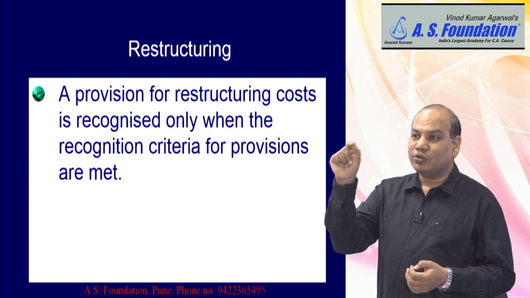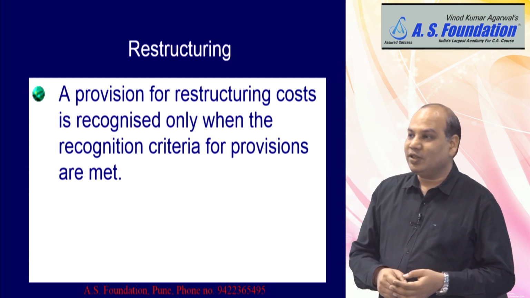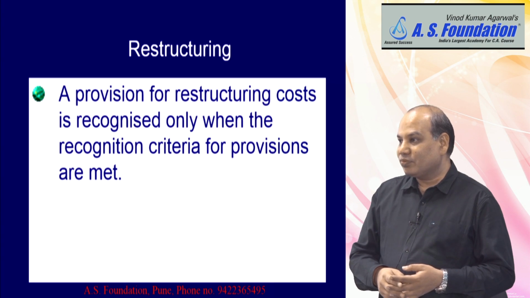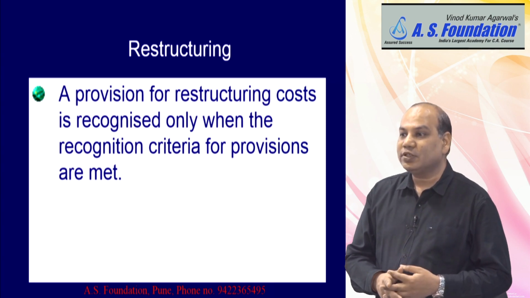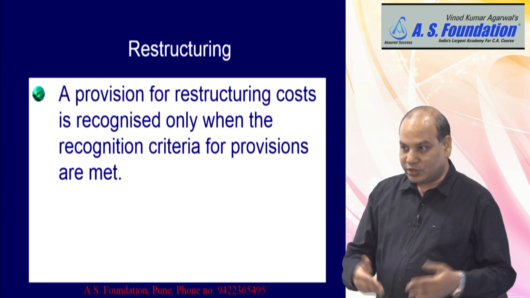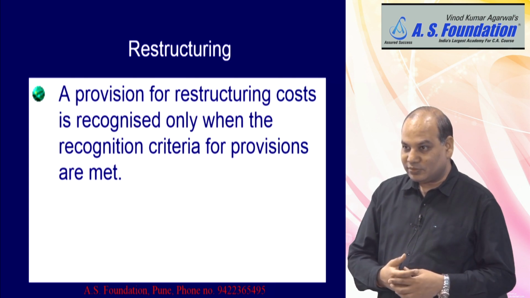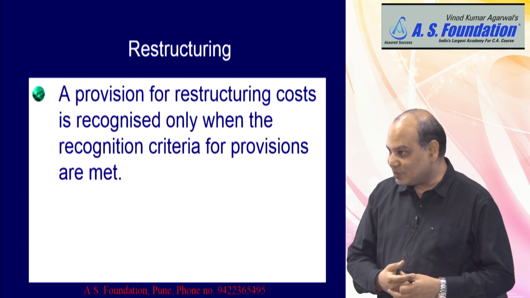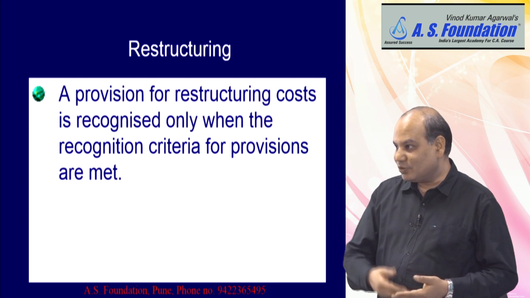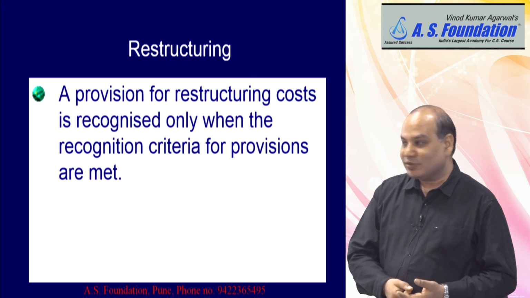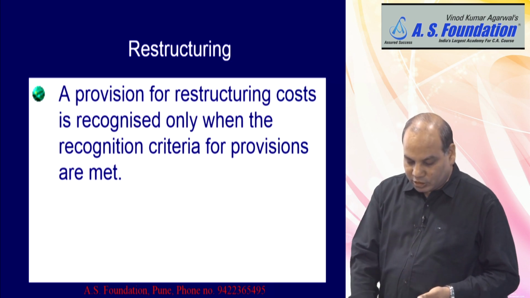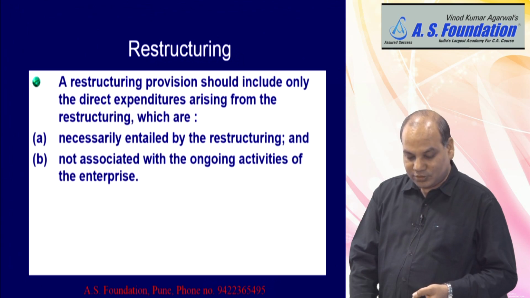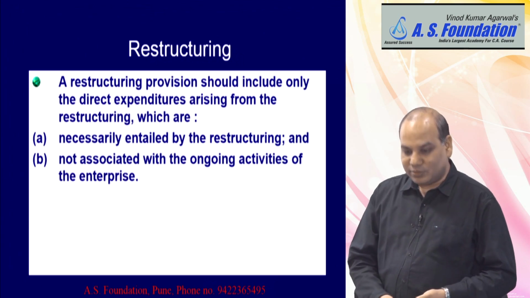So when the Supreme Court ordered the closure of the factory in and around Agra, then that company will have to restructure their business and therefore they will have to make a provision for restructuring cost because it's an order of Supreme Court. Present obligation, probability is more than 50%. Past event, you are causing environment damage. Supreme Court has passed a law. And it will require outflow of resources and a reliable estimate can be made.